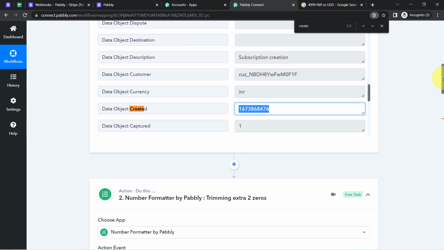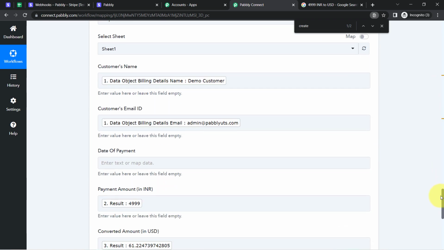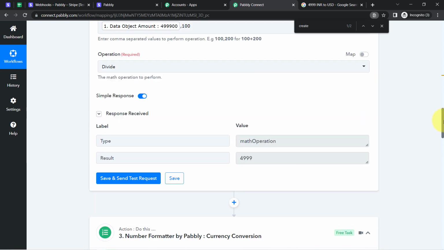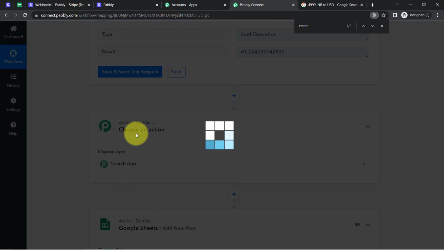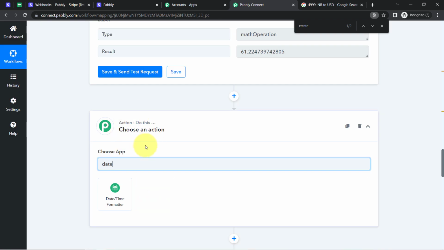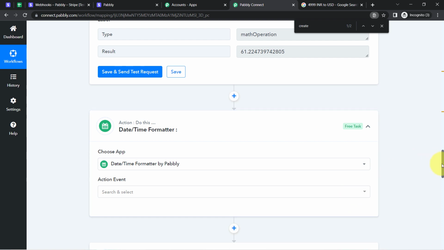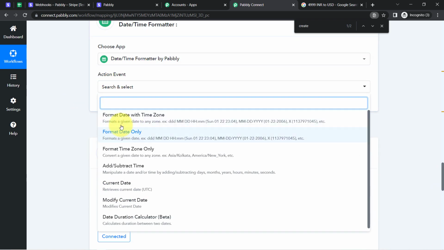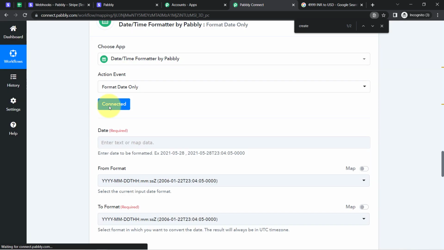You can apply a date and time formatter feature before your Google Sheets step. Okay, before your Google Sheets step, you can perform this particular operation either here or in between any of the steps. Okay, so let us click on this plus icon and search for the date and time formatter, again, which is an amazing feature of Pabbly Connect, via which you can perform different kinds of operations on your dates. Okay, and this time I would like to convert the date. I would like to format the date only, so I'll be selecting this particular action event,